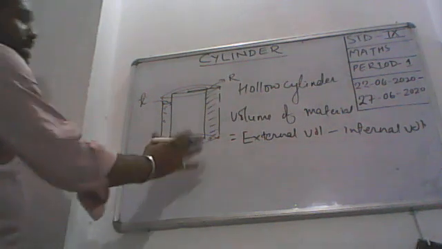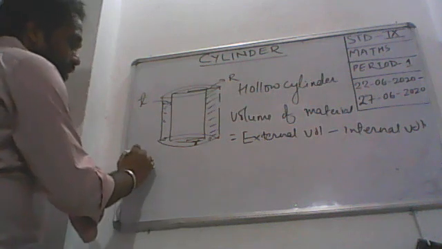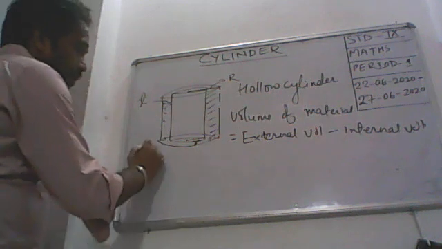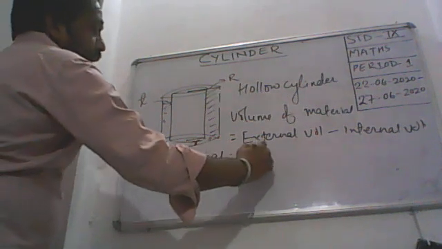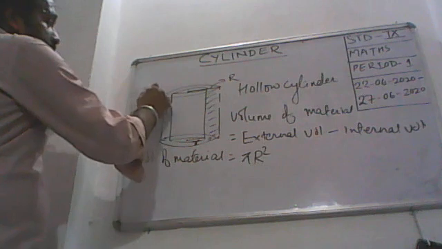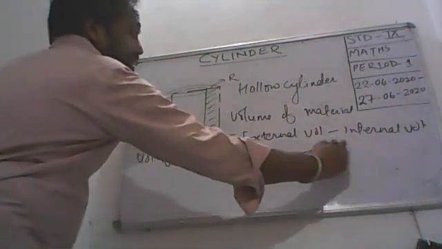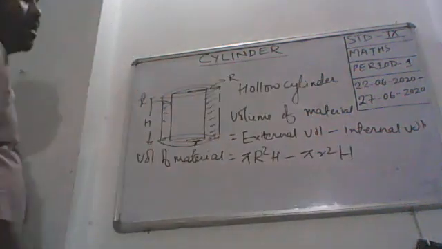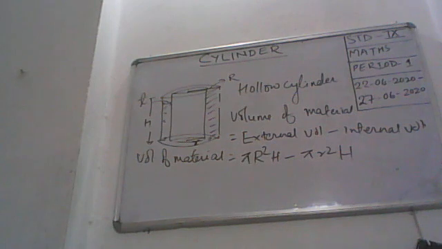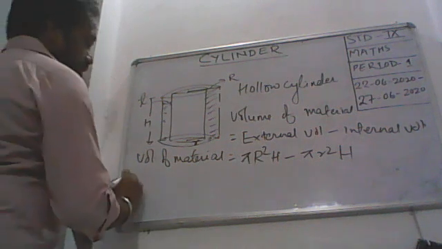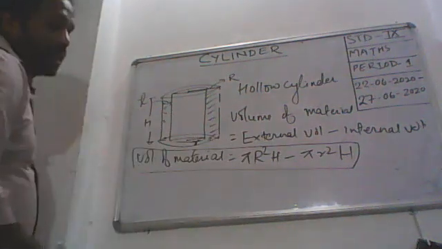So it is a cylinder, from outside also it is a cylinder. I have explained already. The volume of material is pi R square h minus pi r square h. Height will be the same. What will change? Only the radius. So now what is the relation between these two radii? That you have to understand. So this is the formula of material used in a hollow cylinder.